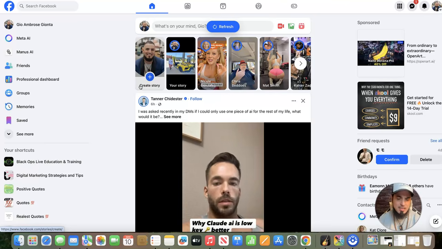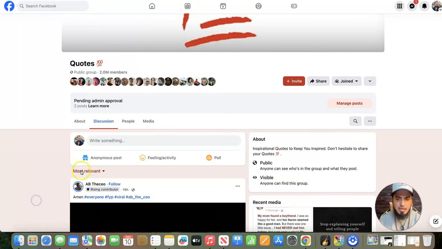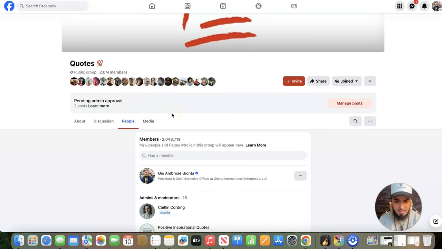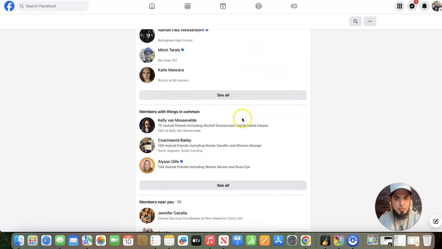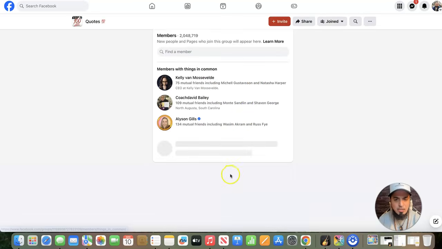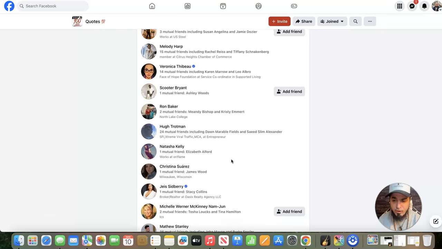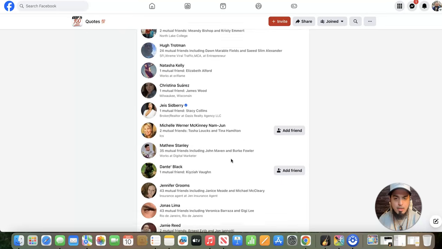But big groups that have a lot of people in it, you can actually go into those groups, like into a quotes group, for example, and you could go into the members. It has 2 million members right here. So you go into the members. These are all people that are into personal development and things like that. And then you scroll down to a section that says members with things in common. So if you have business people on your page, you can go and you could click here and you could see the members with things in common, and you could add these people. That's the first way to build your audience on Facebook, is add people from Facebook groups with the members you